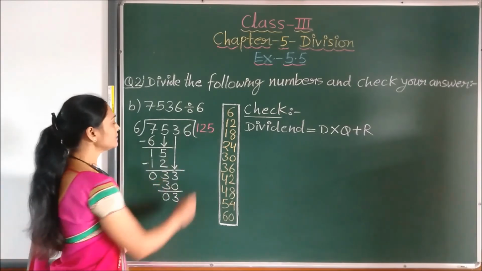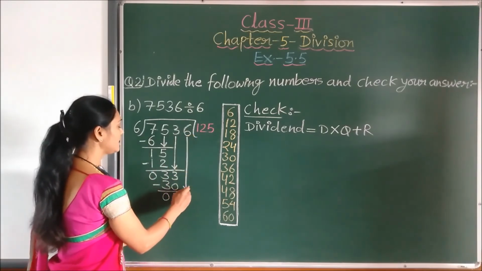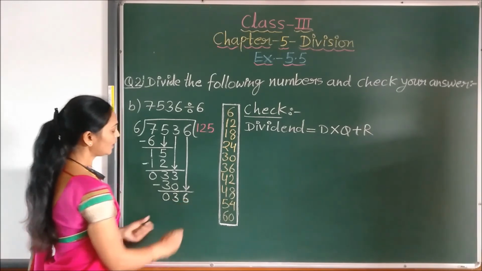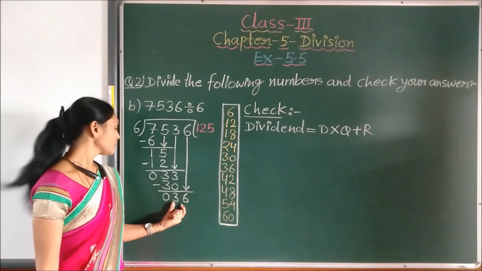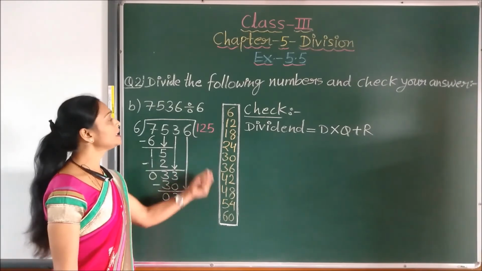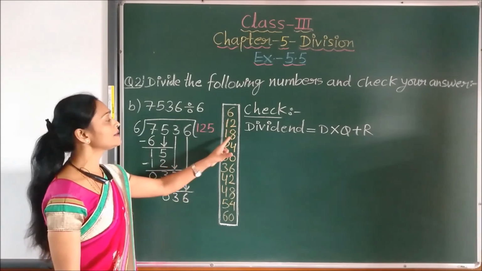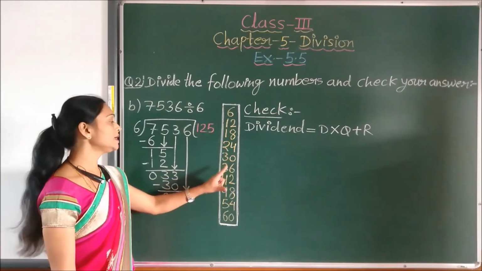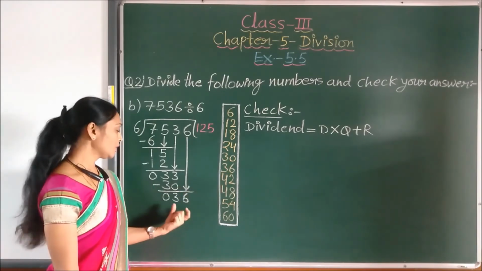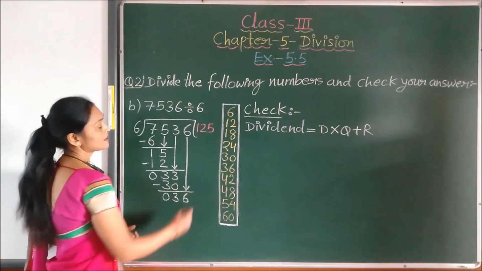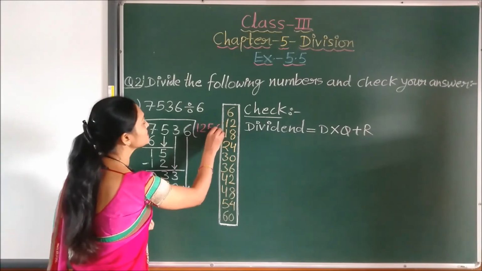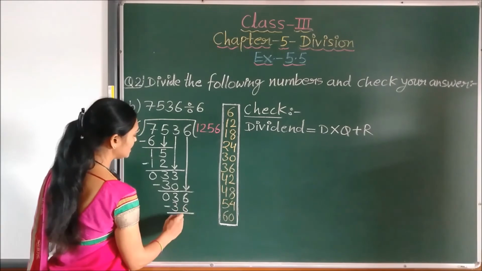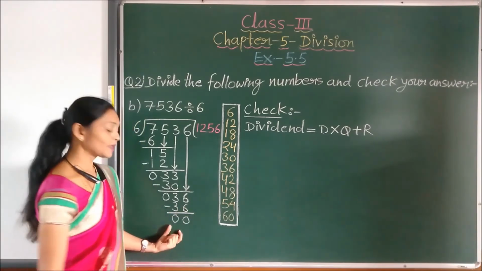One more digit is left, this one. So this also we will carry down here, 6. Now how much did we get? We got this 36. So for 36 we will read this table. 6 ones are 6, 6 twos are 12, 6 threes are 18, 6 fours are 24, 6 fives are 30 and 6 sixes are 36. We got 36 only. So how many times? 6 times we read the table and we got 36. So here 0 and here also 0.